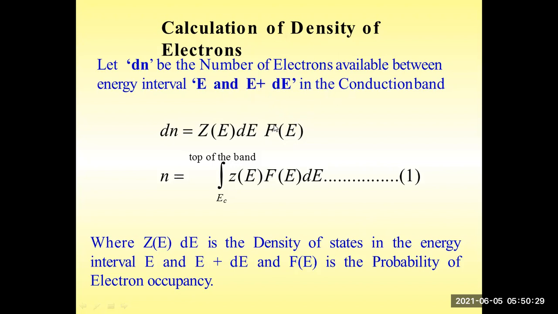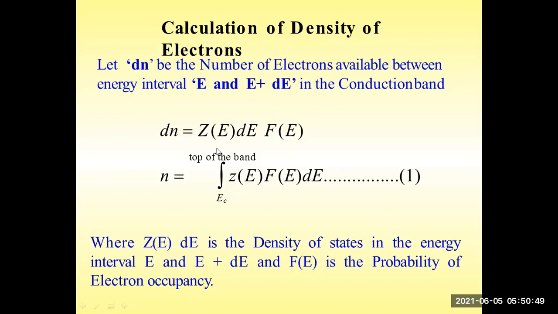So how do we need to calculate the number of electrons? First of all, we need to calculate the total number of electrons inside the conduction band by using some simple mathematics. Directly, we don't know how many electrons are there. So let us consider dn as a small amount of electrons which are residing